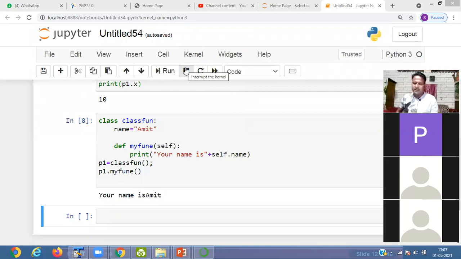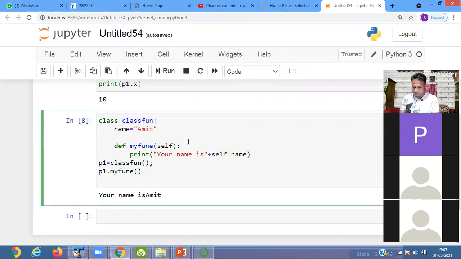The self represents what? It is a keyword to access the attribute and method. Attribute means we can retrieve the variable, and we can retrieve the method also.